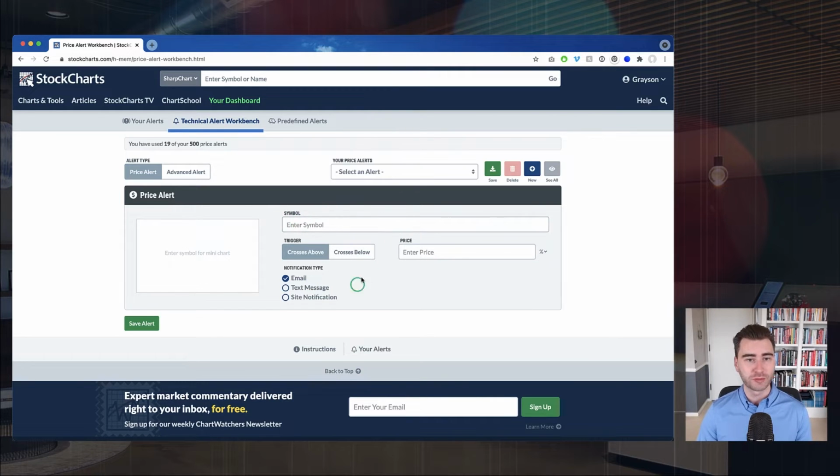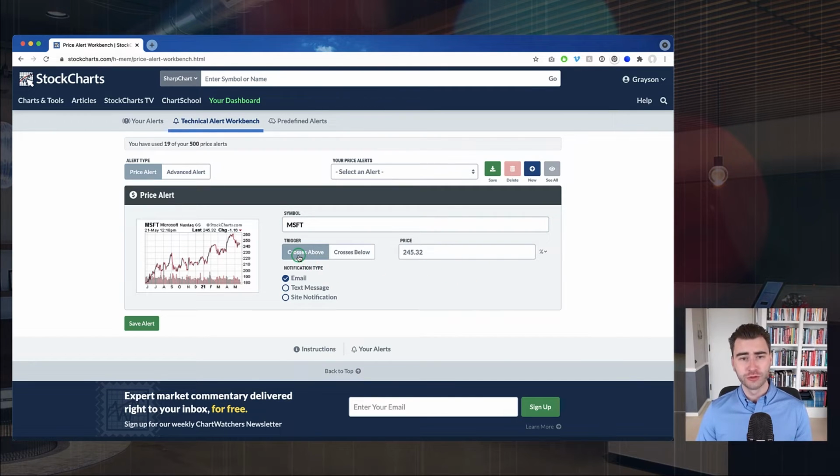Pretty straightforward. You just follow these menus. If you wanted to create an alert for something like Microsoft, you type in a ticker symbol there and click that. We automatically load the chart of whatever symbol you put in. You can then choose your trigger, whether you want it to be crossing above a specific price or crossing below a specific price. Let's say if Microsoft crosses below, we can enter a custom price here,